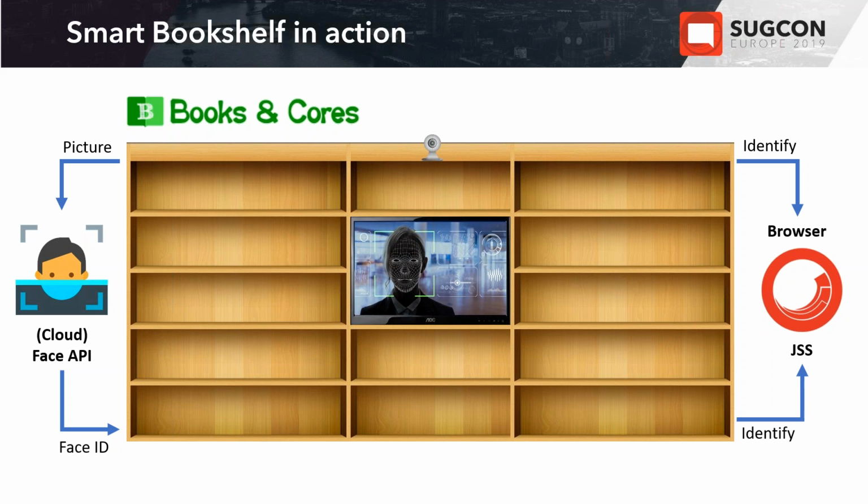The face ID is a kind of identifier for that face that can be used as a login, just like a login. So after that, once we know that the user is someone that gave permission and that we can identify as someone we know, we are going to send his information, his face ID, and identify the user in our application, showing data for that user in two ways. In the browser,